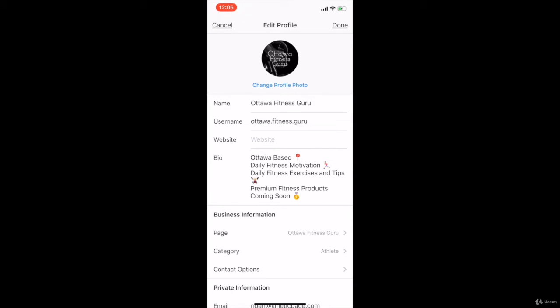So to wrap up really quickly, in terms of the account name, you need the name to be relevant to the niche. You want to try to use the same title for the name and the username. You want to try and find a username and name that are catchy. And lastly, just a quick note, try to choose a username and name that are not really competitive.